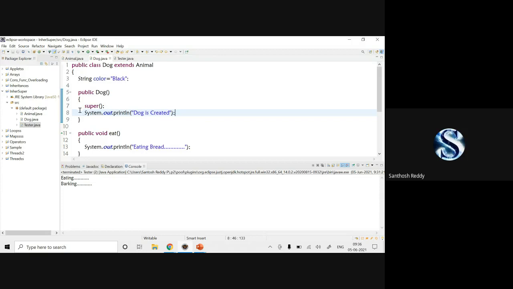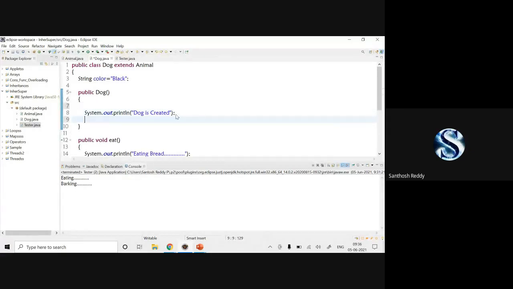Now you can check it out. When I've written the super keyword in the first line, I don't have any errors. When I cut and paste it below the system.out.println, now you're going to get an error. Is it clear? See, when I write the super keyword below the system.out.println, I'm going to get an error.